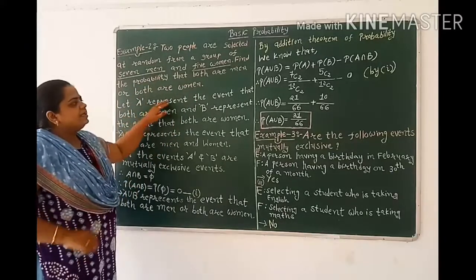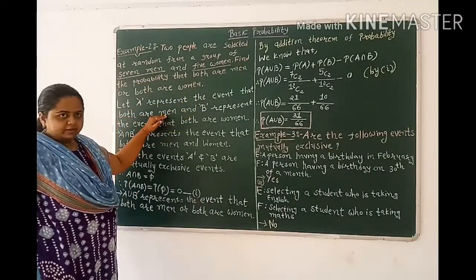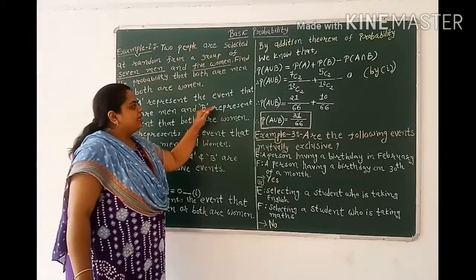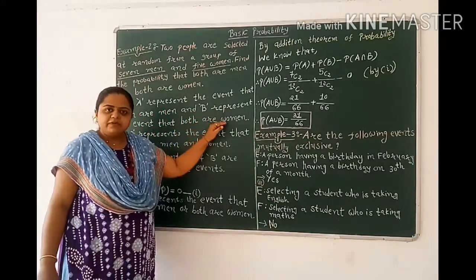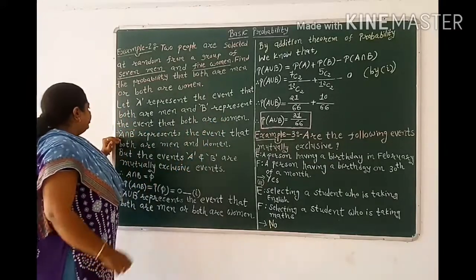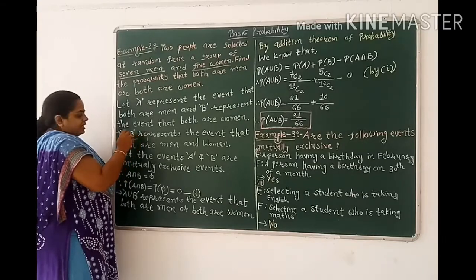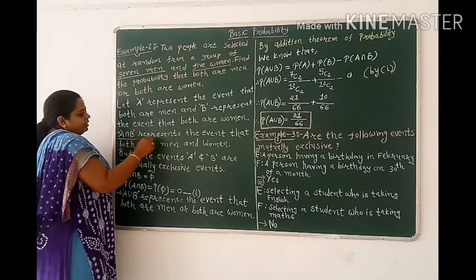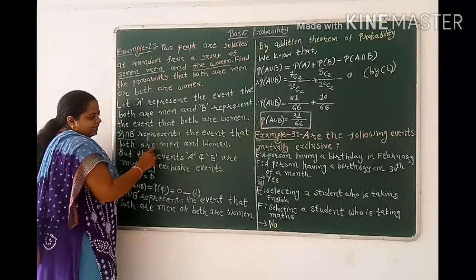Let A represent the event that both are men and B represent the event that both are women. Now A intersection B, that is A and B, represents the event that both are men